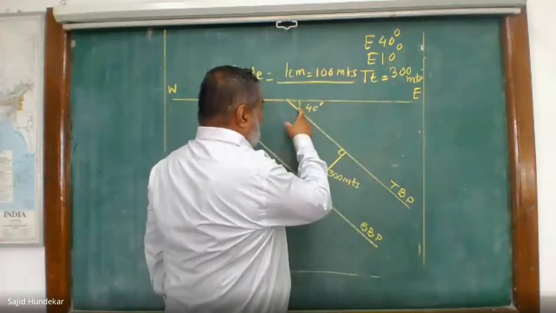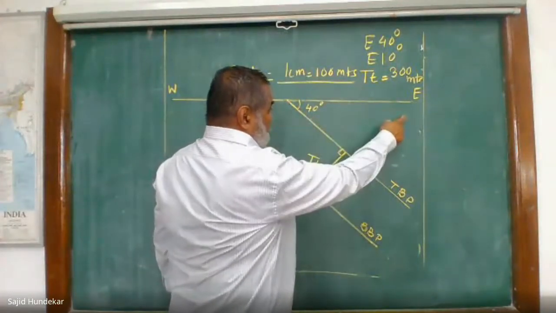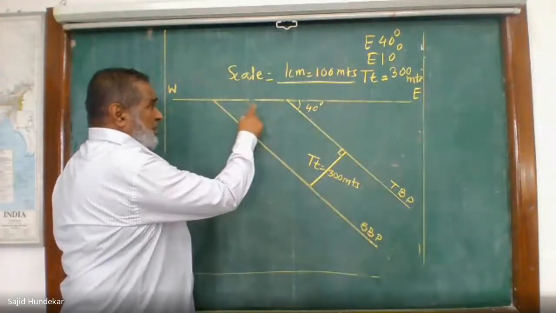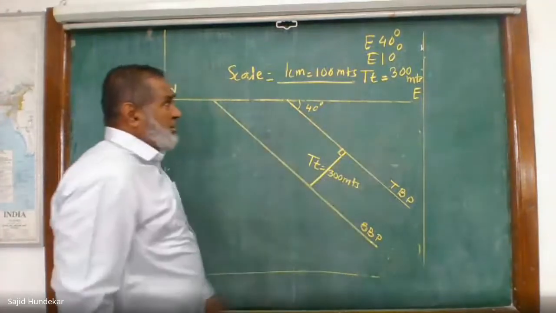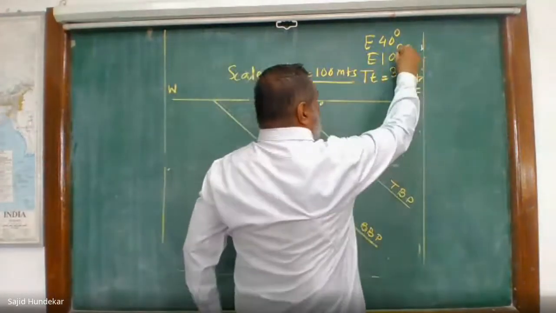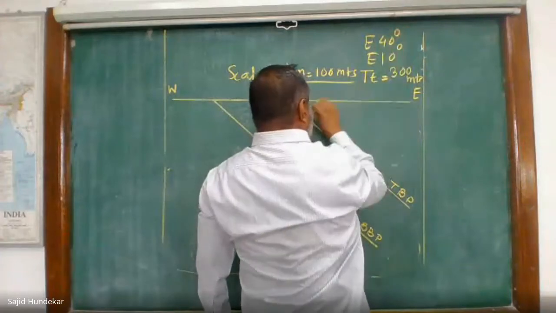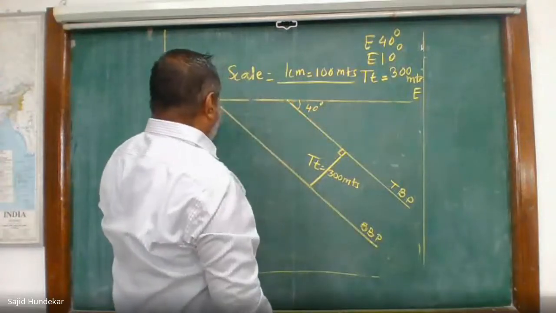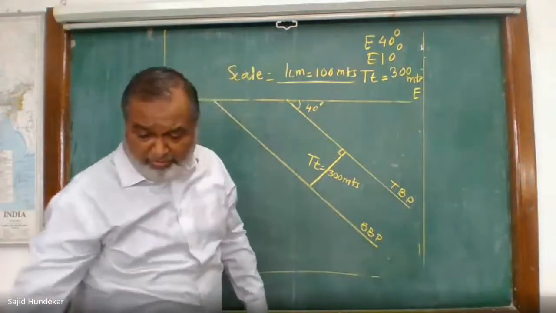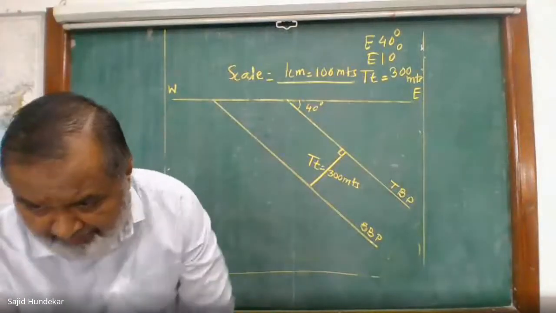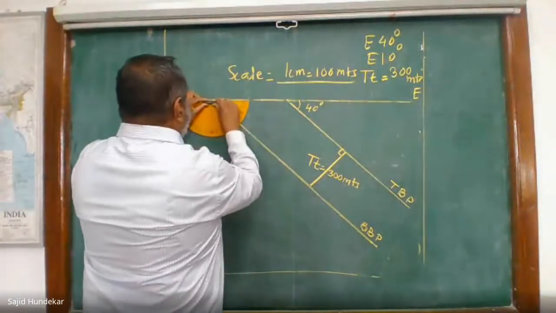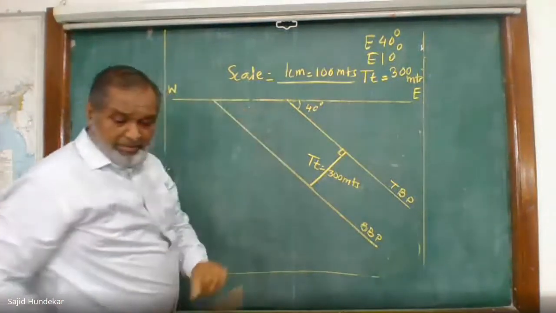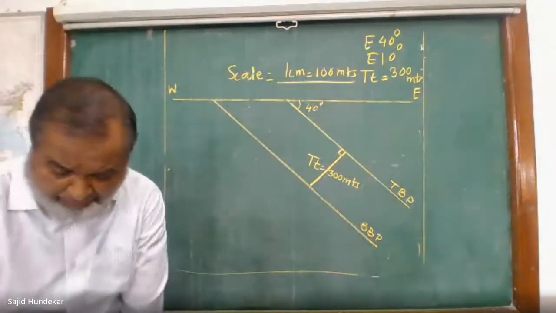If I take from this side, I'm going to get the top junction. The bottom junction will not be on that line. So I have to take from this bottom junction a 10 degree slope towards this side. Towards where? Towards the east. All these are towards the east. East 40 degree, we have taken this 40 degree. Now east 10 degree. Instead of taking it from here, I'll take from the bottom point. From that bottom point, take the protractor here and take the 10 degree and join the point with your scale.